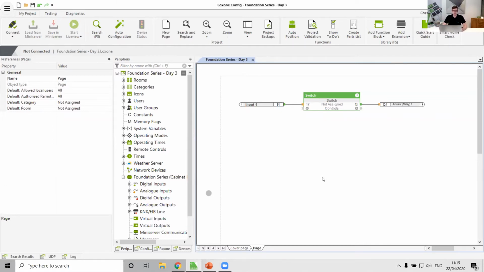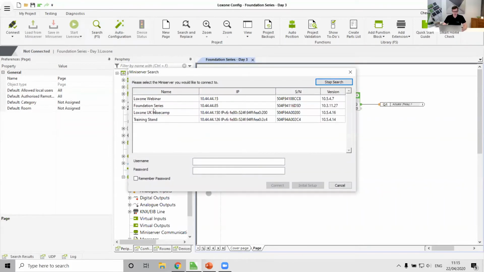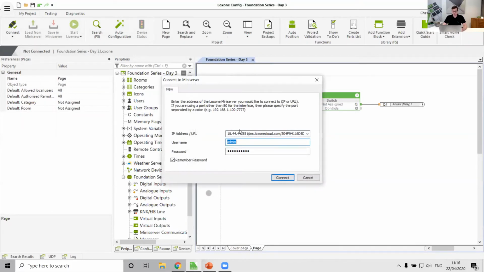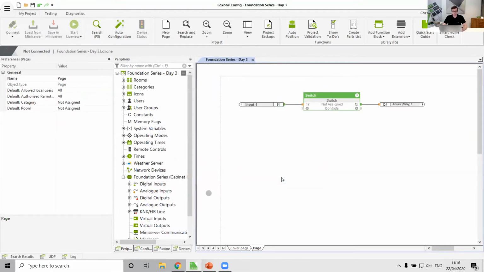Just to refresh your memory, reconnecting to the demo case. So I could select this here and select search and then find it and put in my username and password and connect. That's one option. The other option is I could just press connect, make sure the IP address, the username and the password is correct and press connect there. When it's connected, we can see that this now changes to disconnect. It tells us that we're connected to the mini server and we've got the option for load from and save in now available. I'm going to switch my video over to the demo case as well